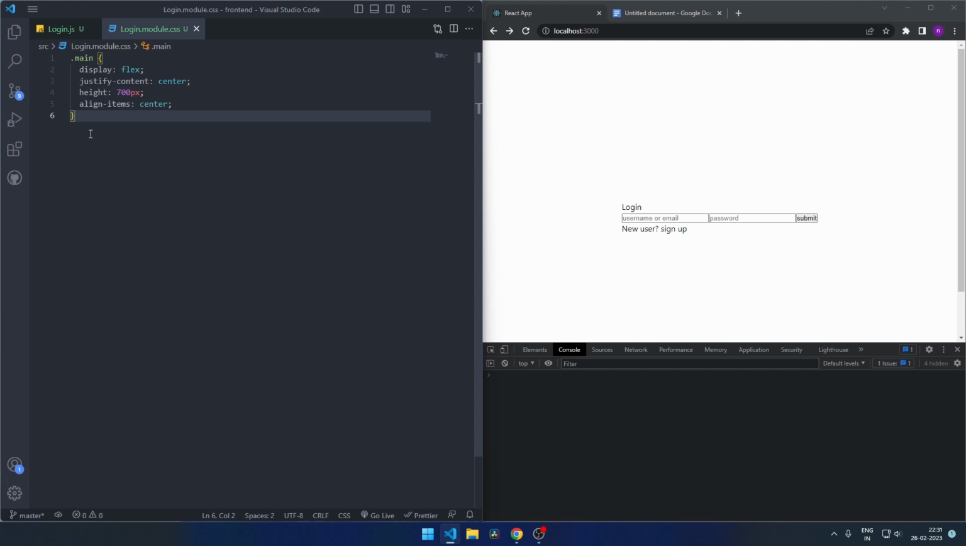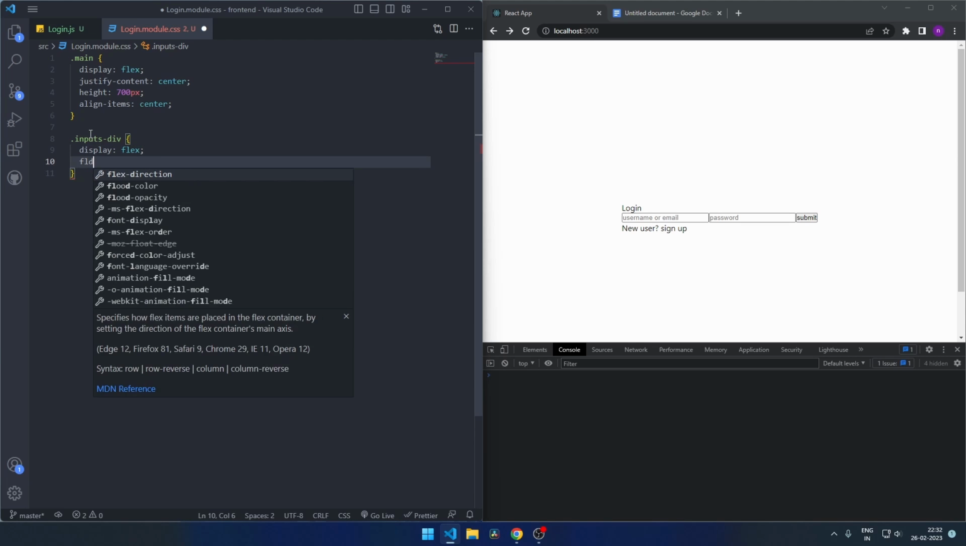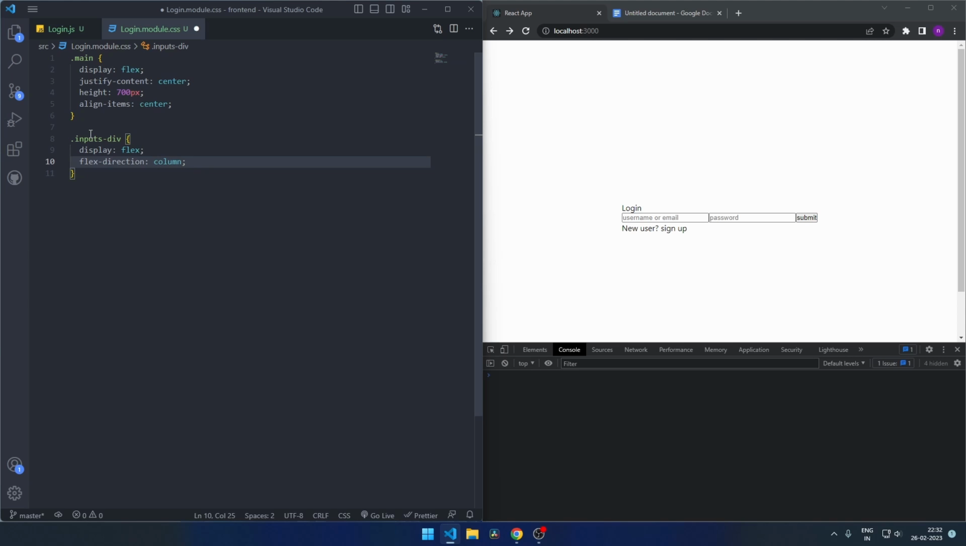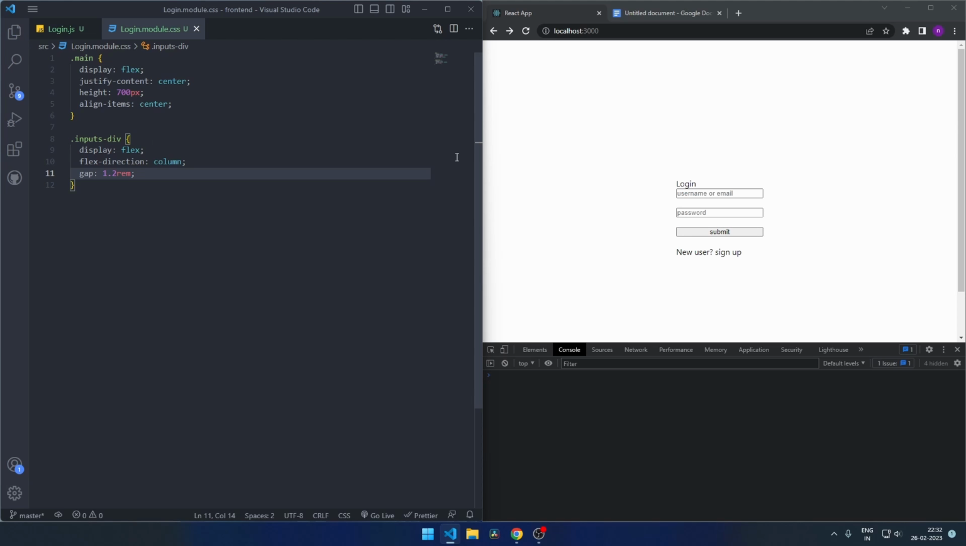And we'll also style the inputs div. So this will also be display flex, hit save, flex direction column, hit save, and gap will be 1.2 rem, right? So right now this looks very terrible,